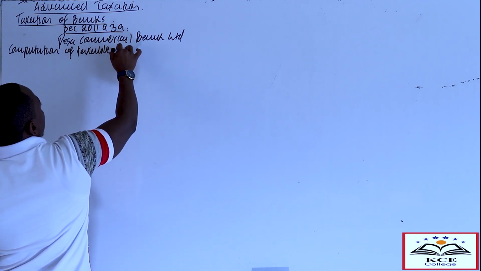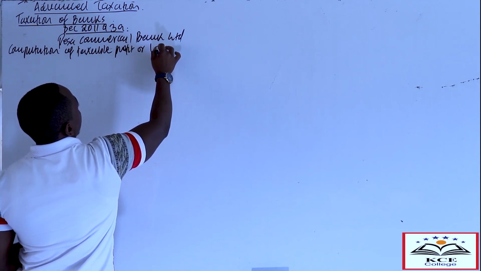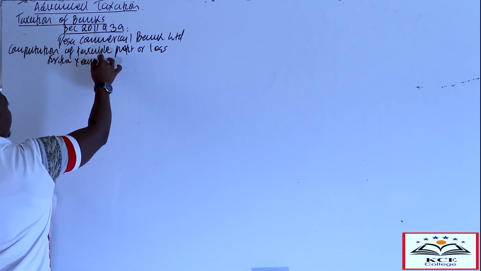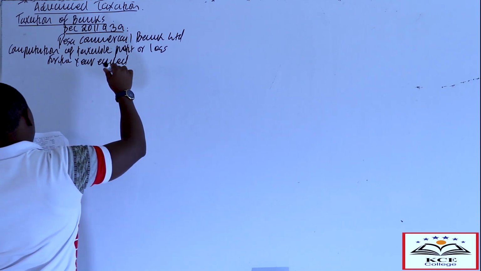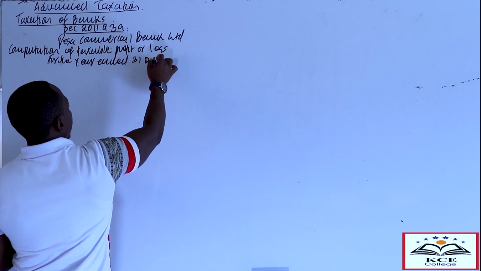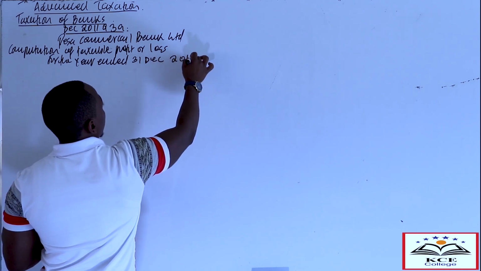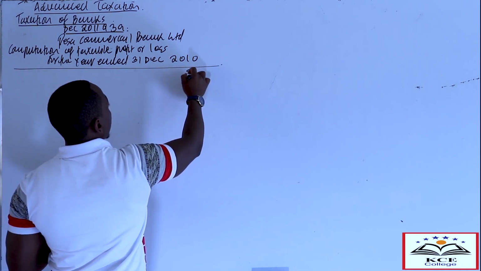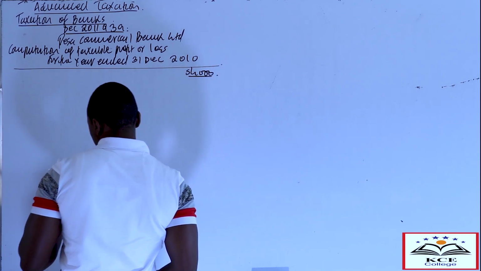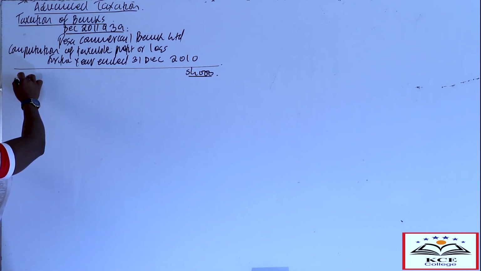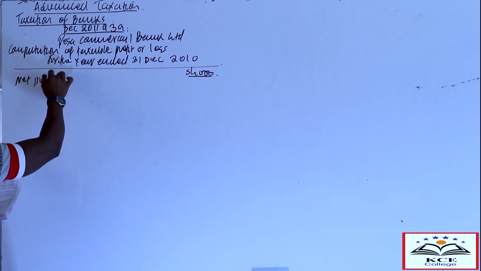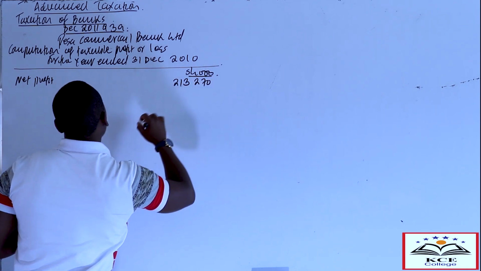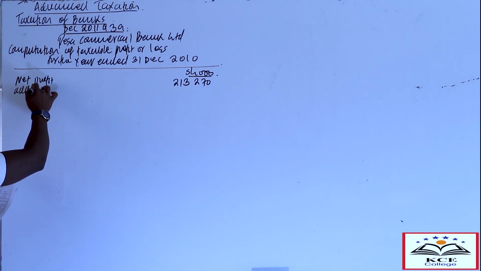Computation of taxable profit or loss for the year ended 31st of December 2010. I said that this one is a case of complete record. So you start with the reported profit. So, and we have the net profit. And net profit, we have it an amount of 213,270. Then you add back